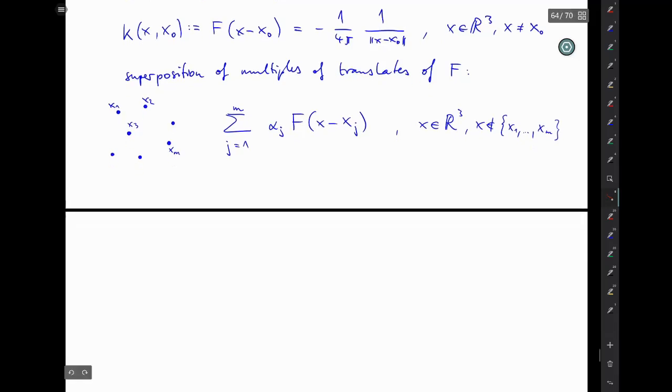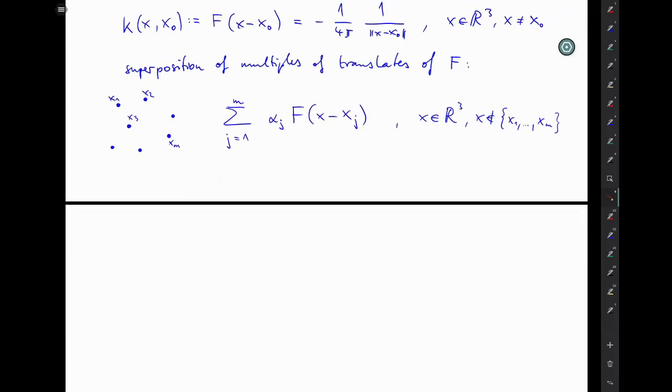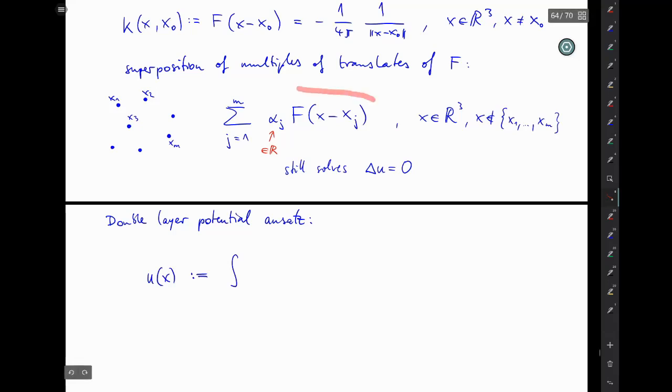Okay, and in this particular spirit there is the so-called double layer potential. And for the double layer potential you make the following ansatz. Ansatz is one of those German words that even made it into English daily use, at least for mathematicians. So just like here, where you take a linear combination with unknown coefficients of translates of your fundamental solution, now you take an integral,